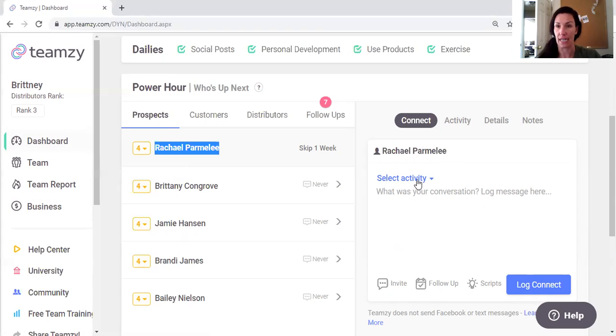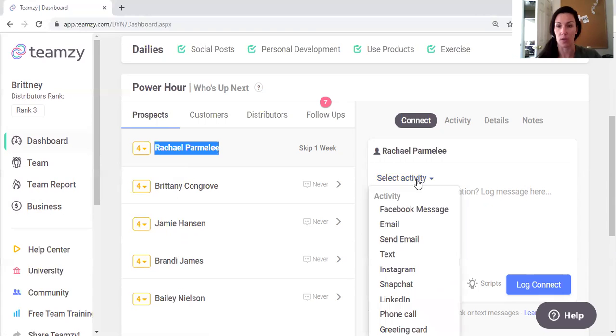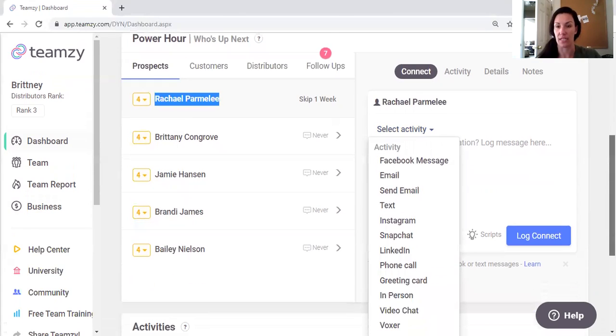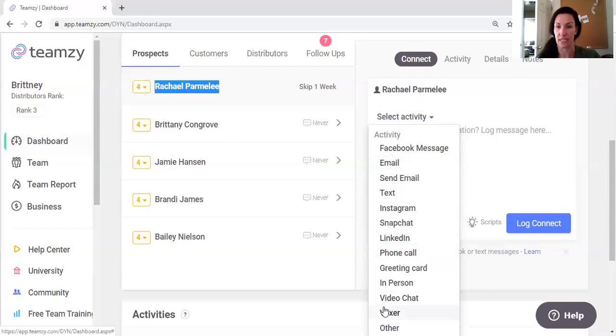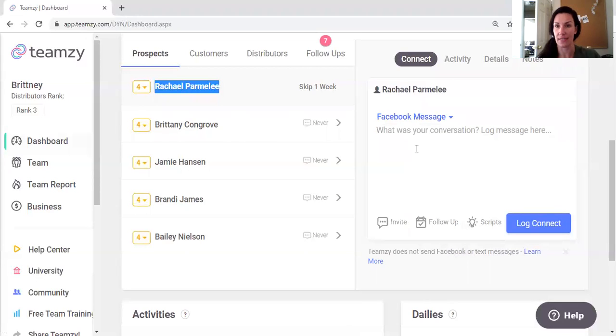Over here in this select activity, this is where it gets really cool. You can send how you are following up or how you are connecting with this person. All of these different options. Mine is basically Facebook, email, text, phone call. But once you click on this, you can go down here to scripts,